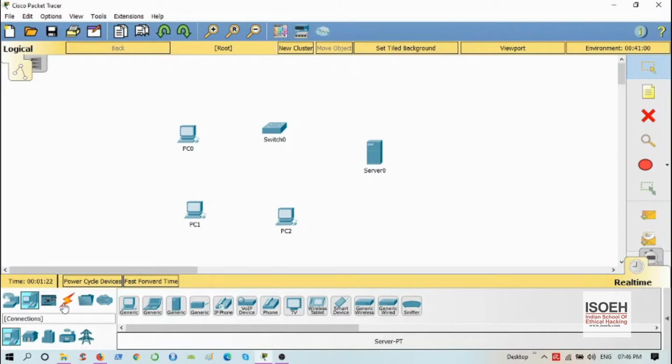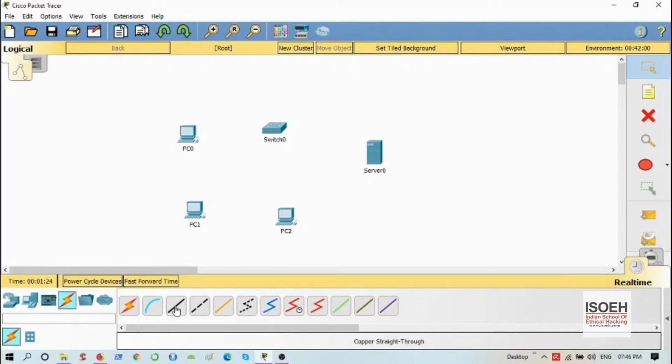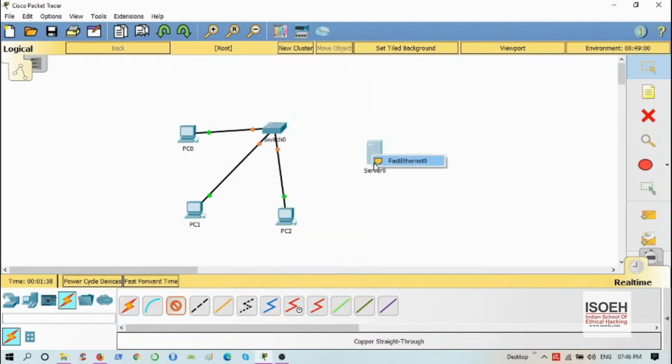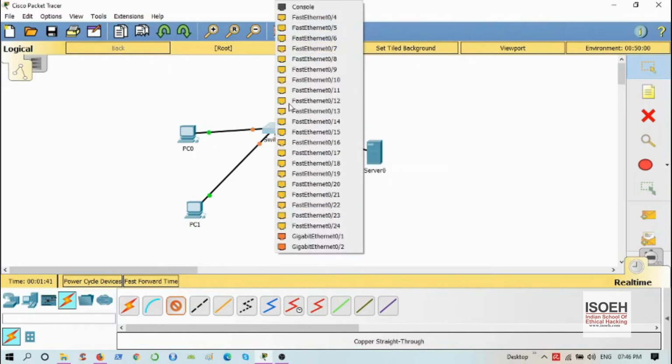Okay, now I'm going to make the connection, copper straight through cable, first Ethernet 0/0, connect all these pieces to the switch. Okay, connect the server to the switch,